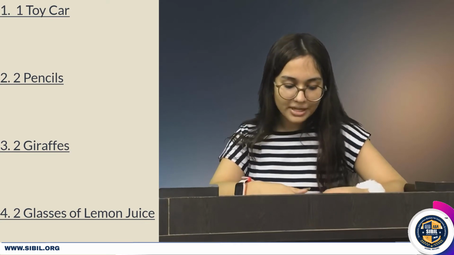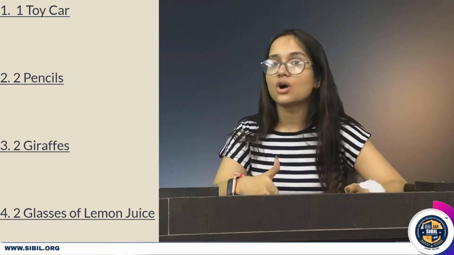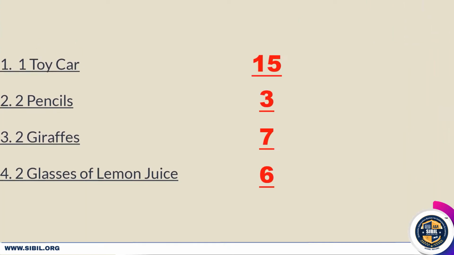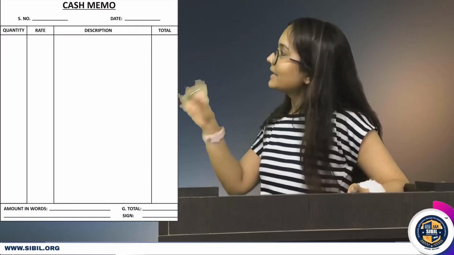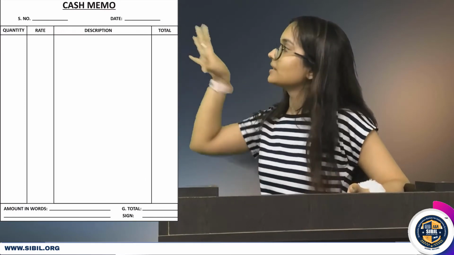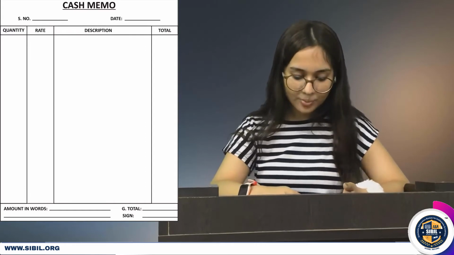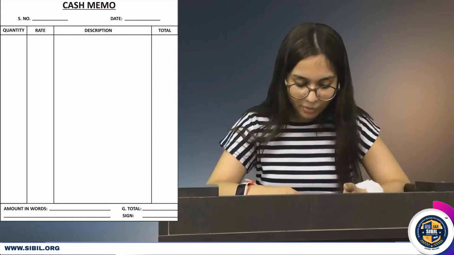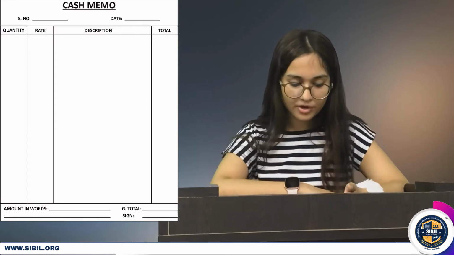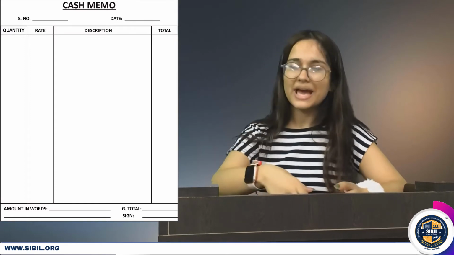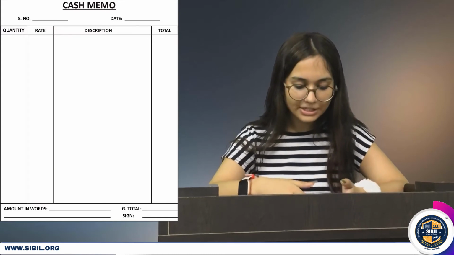So all these calculations are completely based on the amounts given of the different items as well as when we are adding or subtracting them. So now what we need to do is prepare a cash memo, that is kind of a bill. So you write the item, you write the quantity you purchased, the price, and then we add it to become a total. Before this, Monu has prepared the cash memos for us, but there is some error in the cash memo and thus we need to correct it.